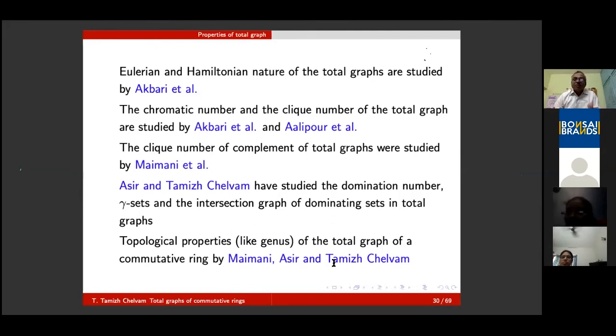Can you characterize all finite commutative rings for which the total graph is of genus 3 or more? It's a complicated issue, but still the problem is open. One of the difficulties is how to draw a non-planar embedding in a surface. That itself is a very great task. Of course, there is a standard way of drawing an embedding on paper for a toroidal graph, something like this torus. But for a graph with genus 3, how to draw it, how to represent the embedding, that's a difficult task. Because of that, the problem remains open.